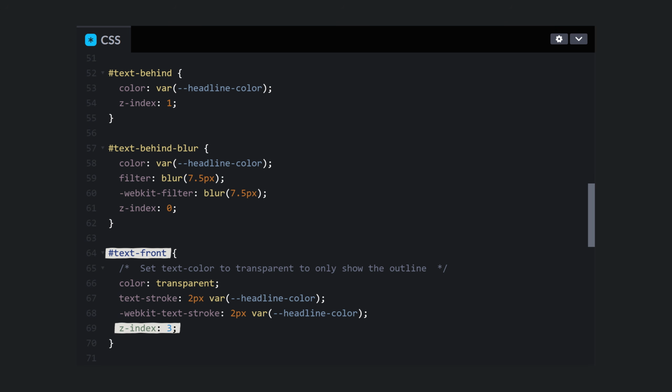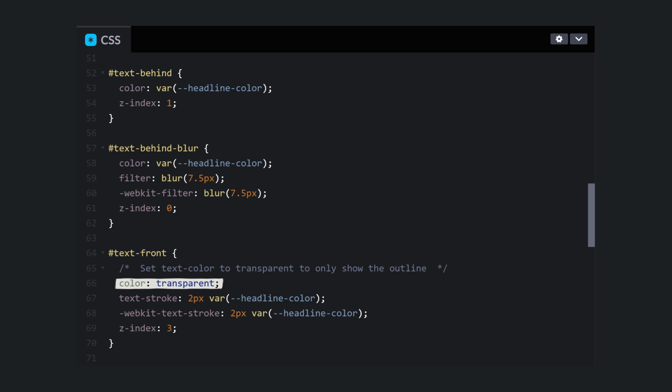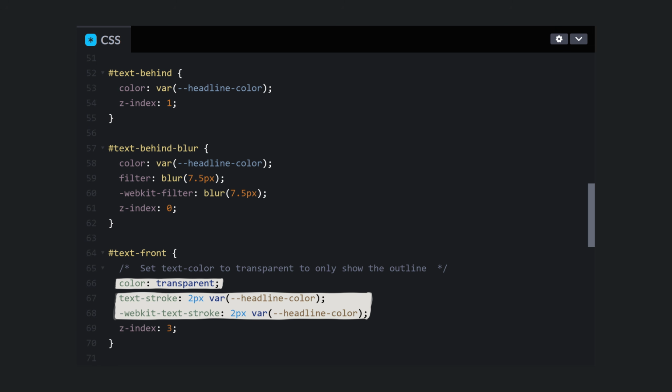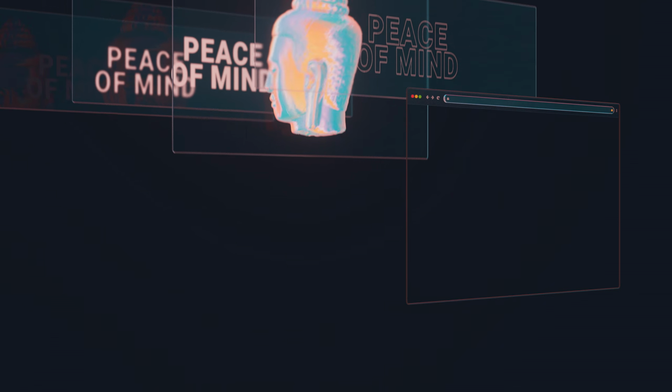In terms of styling, I put a blur on the furthest text behind to make it look like the text is glowing. For the text in front, we can get the outline effect by setting the text color to transparent and using the text stroke, which takes the stroke width and color as its attributes. Now let me illustrate what this looks like. We have the text outline in the front, then comes the canvas, then the text in the back, and lastly